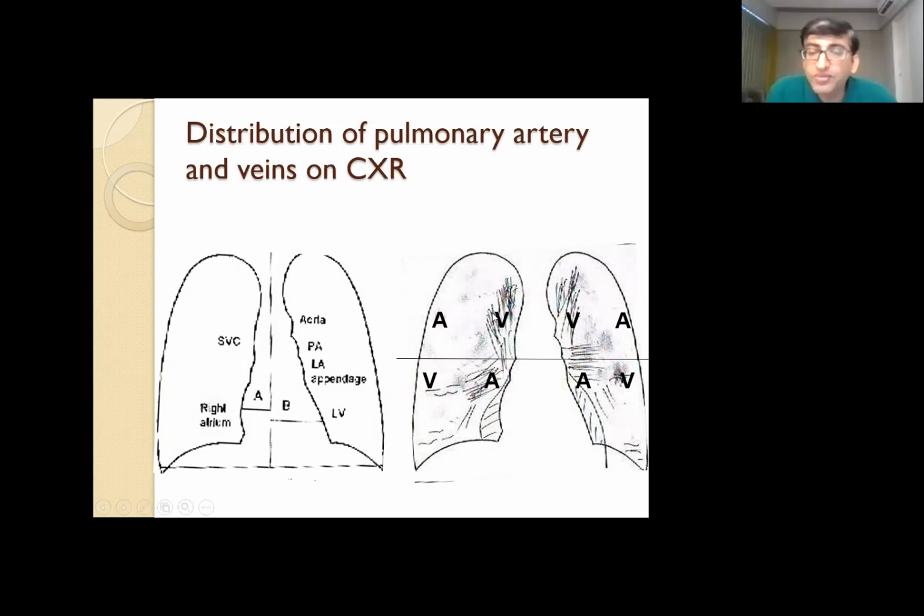So when we have a patient of acute LVF, left ventricular failure, what do we see? We see a batwing appearance of acute pulmonary edema, and in that we see the inverted mustache sign. Why do we see the inverted mustache sign? Because pulmonary venous hypertension occurs in those patients, and hence the pulmonary veins are concentrated medially in the upper half, and because of that we see the inverted mustache sign or a batwing appearance on X-ray. Pulmonary veins are here. But when pulmonary arteries are dilated, what will you see? You will see that this particular area is opacified.